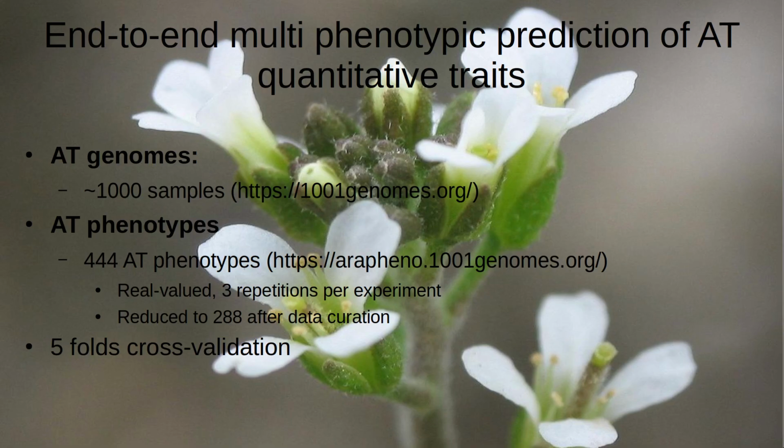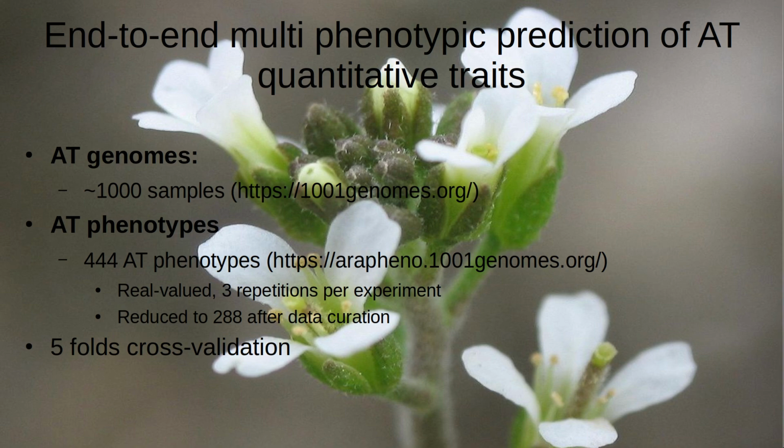In this study, we focused on Arabidopsis thaliana, which is a well-studied small flowering plant that belongs to the Brassicaceae family. It has a small genome, around 125 megabases, which is divided into 5 chromosomes, but it has a number of genes that is comparable with humans, around 27,000. We retrieved 1,000 publicly available genomes of Arabidopsis thaliana from 46 countries, and we associated them with 288 real-valued phenotypes